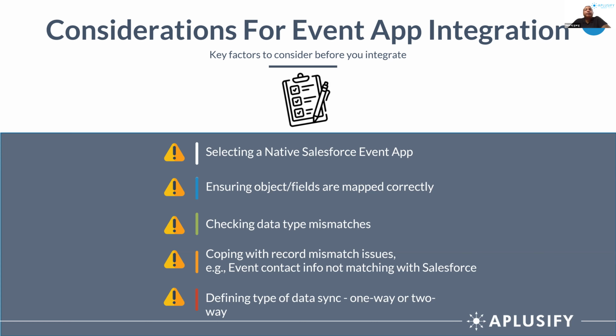Then I think obviously you have to make sure that the data sync is either one way or two way. Like I told you, it has to be defined whether it's just data in the AMS or data in the event app, or it's in both, right? So it has to be determined whether it's one way or two way, because otherwise